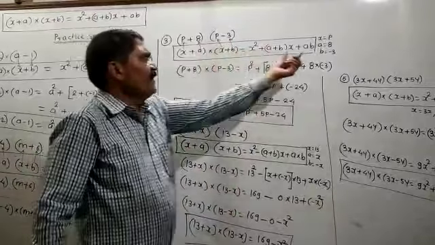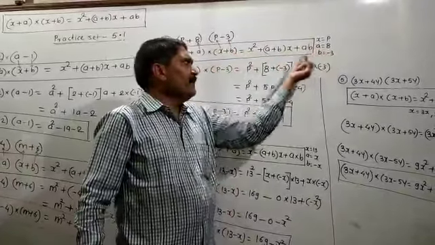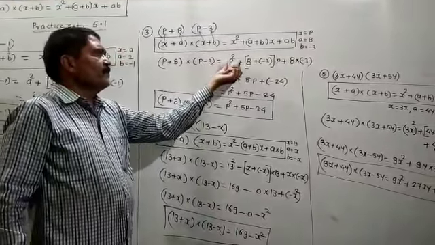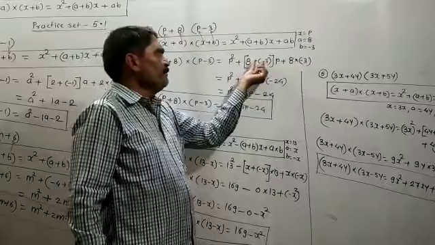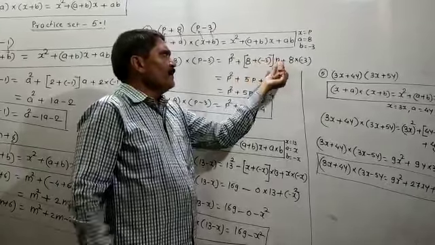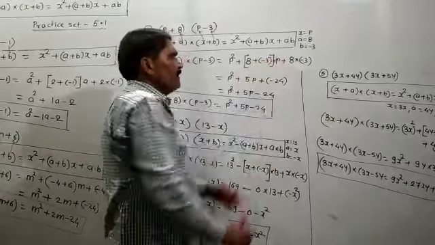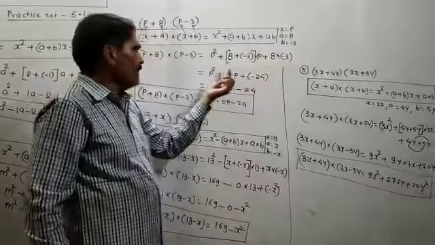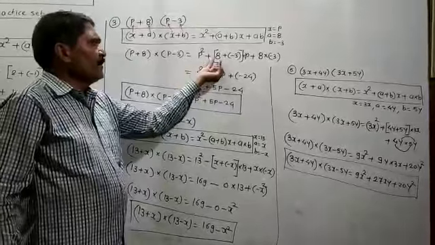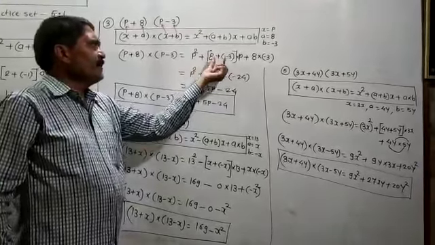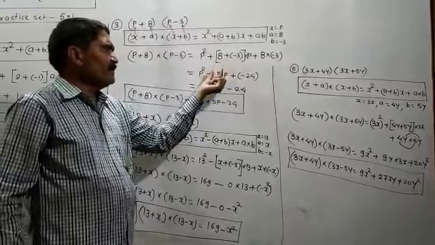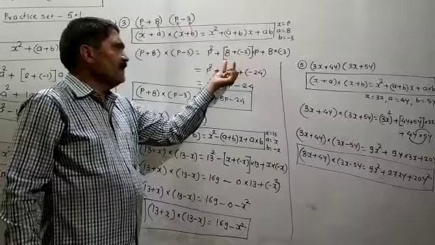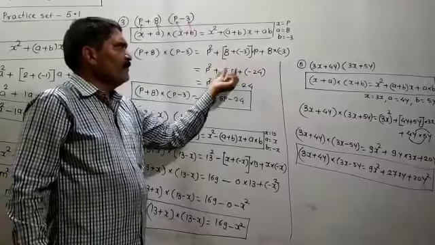You have to put these values of x, a, b in the given formula. At that time, (p + 8)(p − 3) is equal to p² + (a + b)p + a·b. So a + b means 8 + (−3), multiplied by p, and a × b means 8 multiplied by −3. Here this will come p². From 8 minus 3, from the bigger number you have to subtract the smaller number, and you have to give the sign of the bigger number. So 8 + (−3) is equal to 5p.